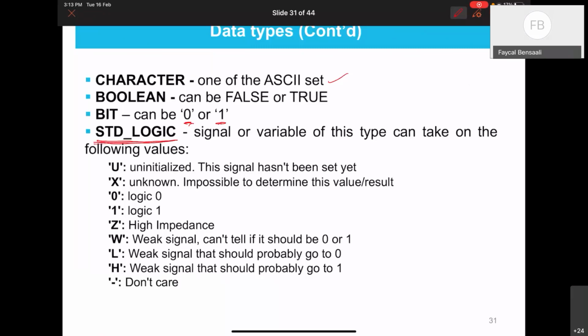Why is it very important? This is the one that you are going to use in the labs when you declare your inputs and outputs, because this is what really models a pin or a wire. Because for a wire, we say, okay, we can have 0 or 1, let's say 0 volt, and 1 is 5 volt. But you know, we may have